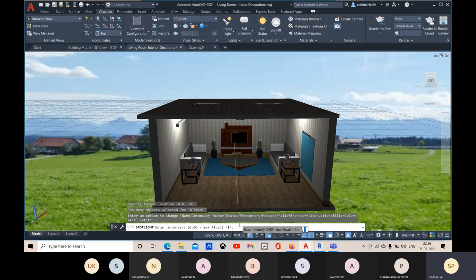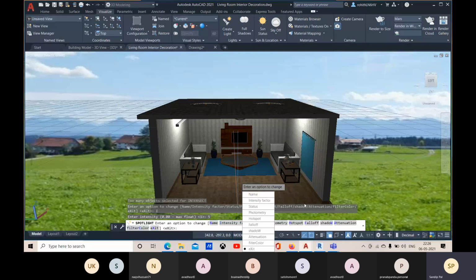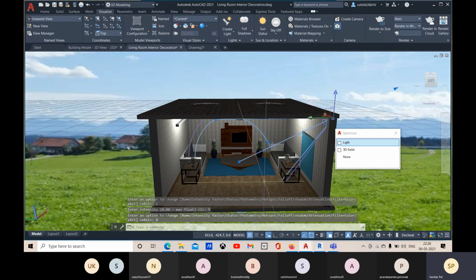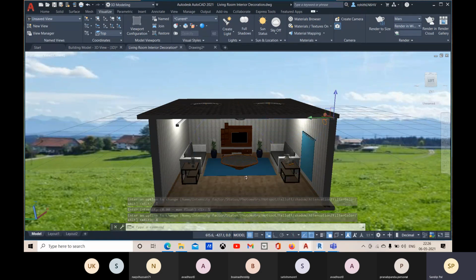About the hotspot and falloff area, we will change it later. Let me change the intensity factor. So let me multiply the factor with 5, enter, and let me exit it. So right now this spotlight is created. You can see the result.